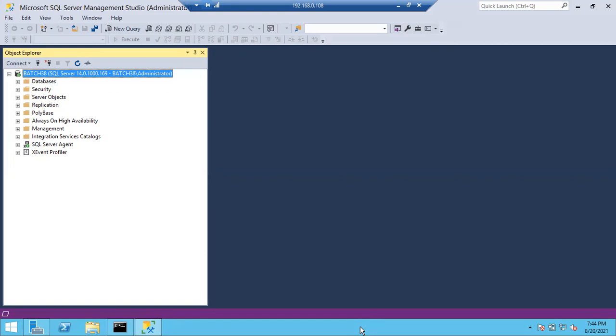We can add the user back in the Windows server. Okay. So if we add the deleted user at the Windows level, automatically the Windows orphan login issue will be fixed, right? Right. Very good. That's fine.